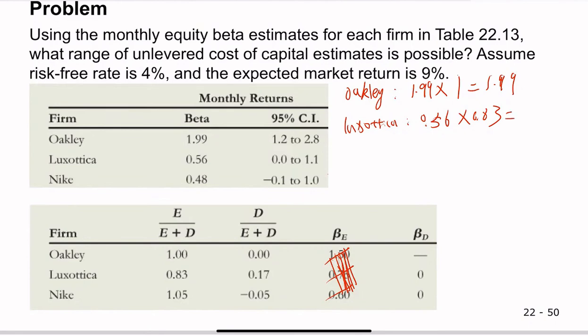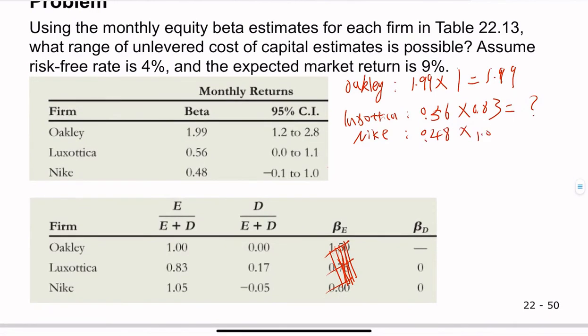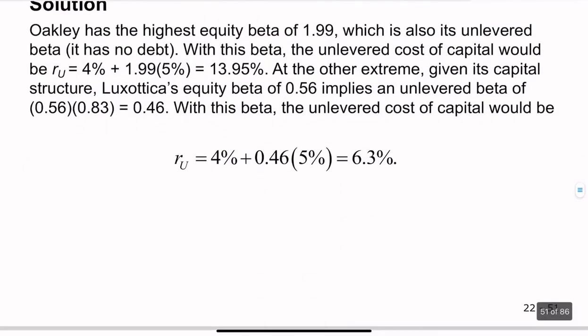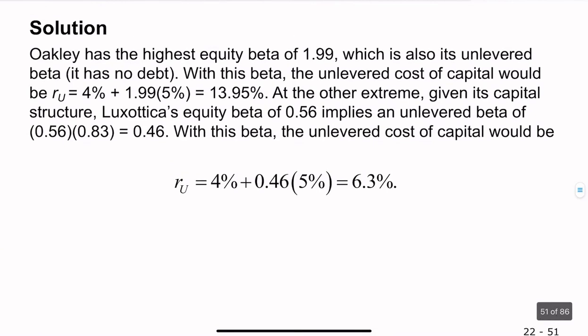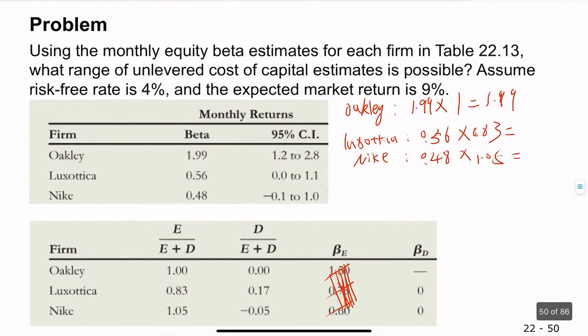So this will give us a certain number. And then for Nike, it should be 0.48 times 1.05. Let me see what kind of numbers we have here. So for Luxottica, we have 0.46. And then for this, I guess we will get something like 0.5. And now you can see that the range of the unlevered beta is